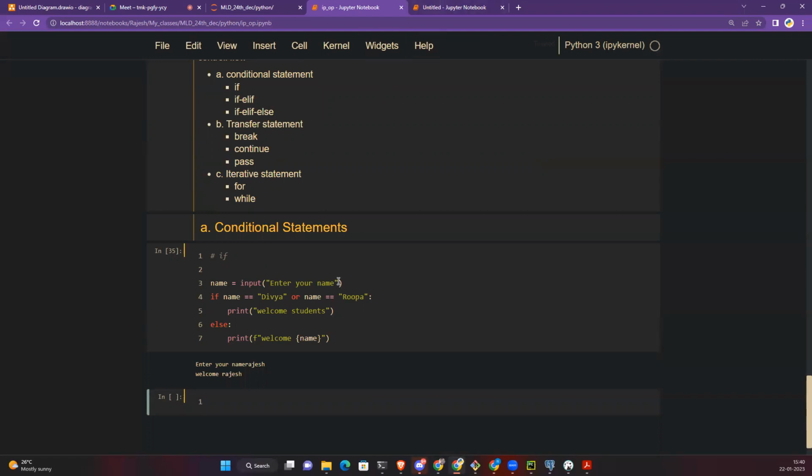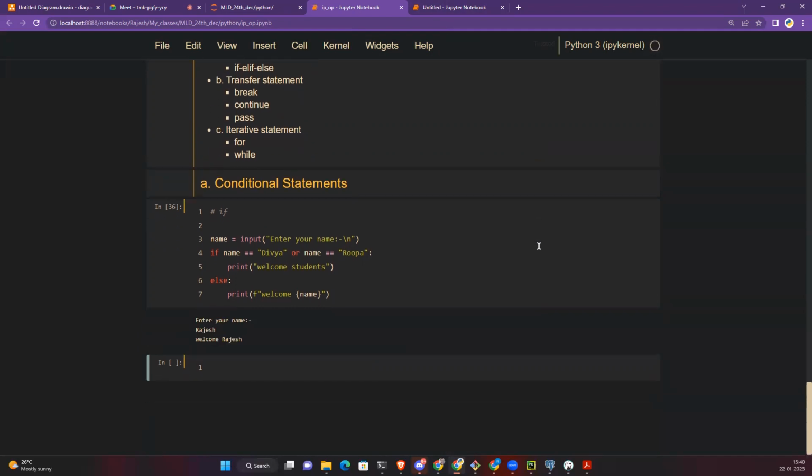Okay, cool. So here also you can do one thing. You can write backslash n like this, and now the text will go to a new line. Can you see this? Enter your name. It is creating the text box in the new line. And here I'm going to pass Rajesh and I'm getting the result welcome Rajesh. Okay, so this is the conditional operator, if else. Now there is another conditional operator. The second conditional operator, if else, we discussed. Now we are going to discuss another conditional operator, which is called